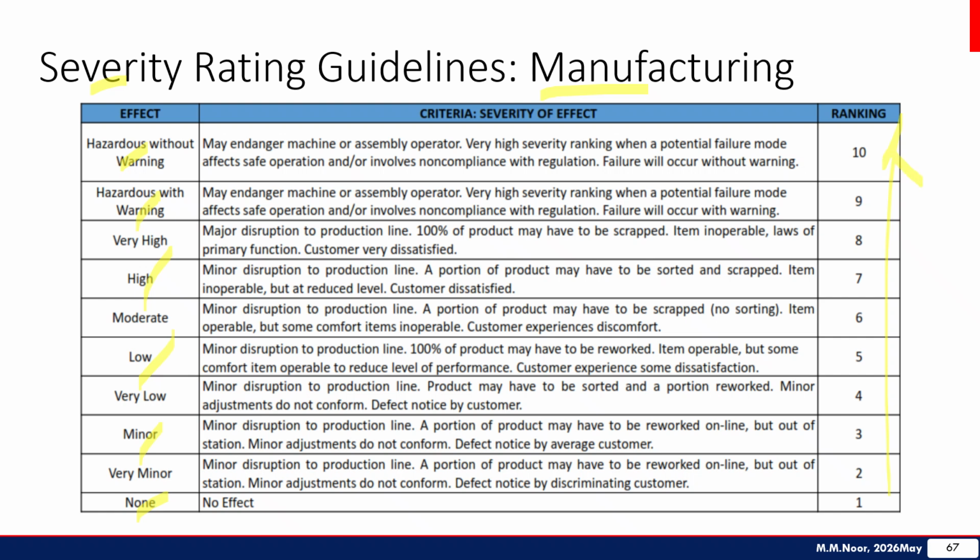Why? Normally some people use 5, some people use 3, some people use 10. I like 10 because if you have a lot of processes to calculate RPN, and you use only 3 or 5, then sometimes the numbers are not very different. But with 10, it makes the range 1 to 1000, because 10, 10, 10. If it is 5 only, 5, 5, 5, the maximum is 125. If 3, it is even worse. The maximum is 3, 3, 3, 27 only, something like that.